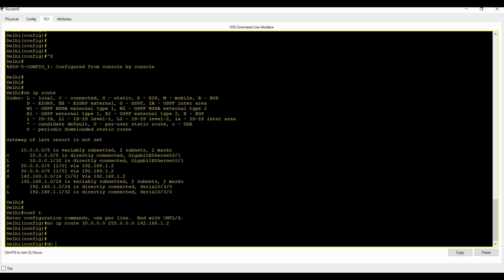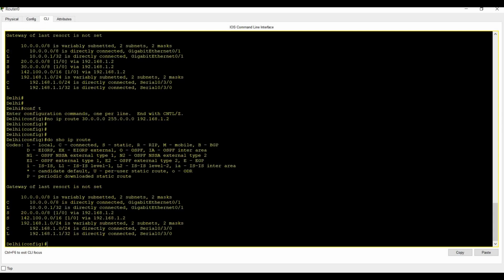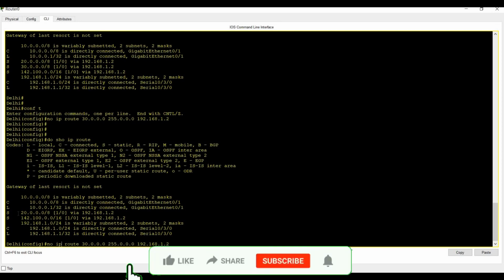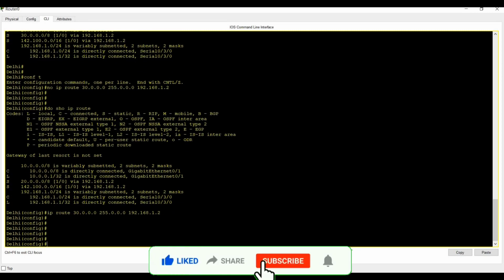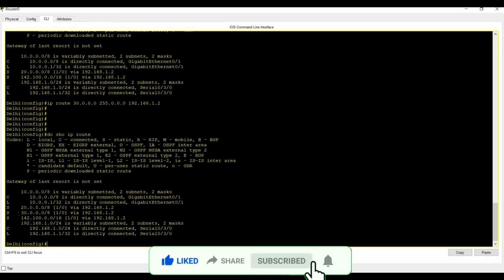Let's check. Do show ip route. Here you can see the 30 network is not available in the routing table because we have removed it. Let's add it again. Simply run this command. Now you can check that the 30 network is available in our routing table.